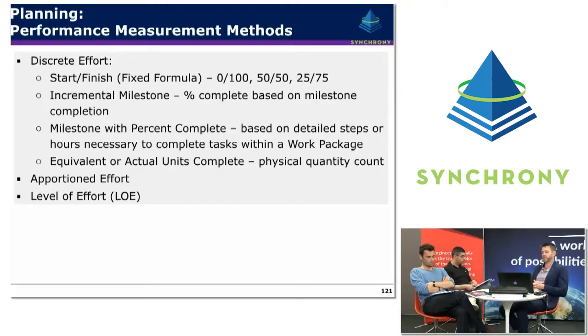Another one is incremental milestones, which is probably a better system than the start-finish system. It tends to be for longer duration type work, where there'll be a pre-agreement made that for these types of packages of work, particular milestones are given a particular percentage of the overall weighting for that work package. A typical example would be design packages, where different weightings are assigned as the design process goes through to maturity. Different percentages can be assigned for each design phase of that work package.